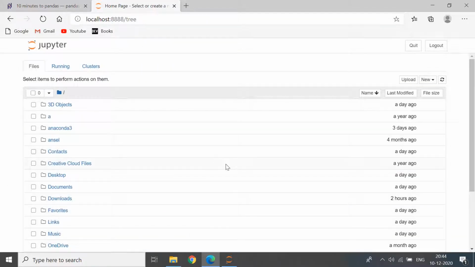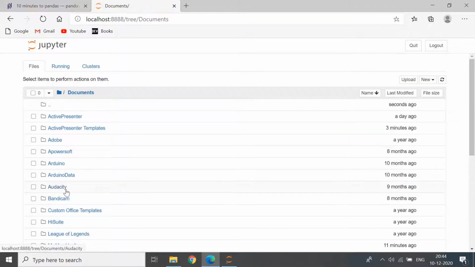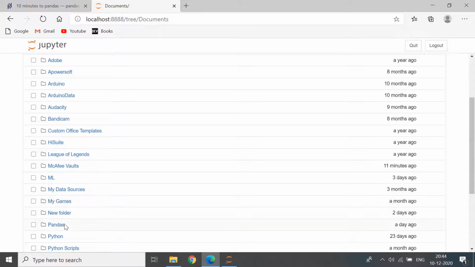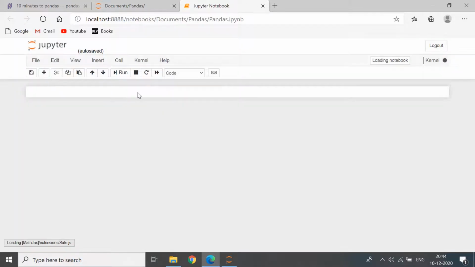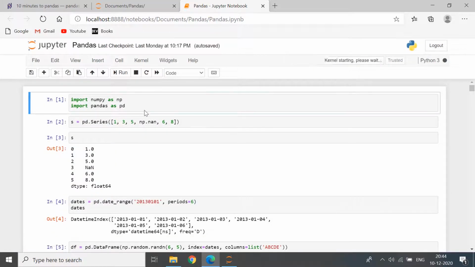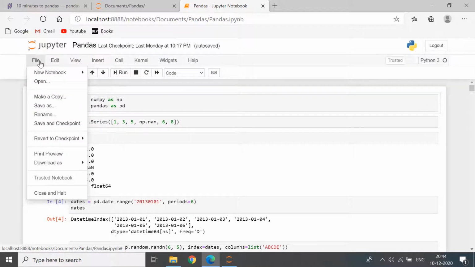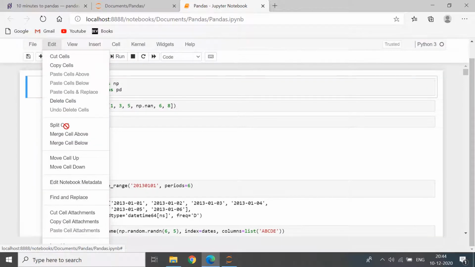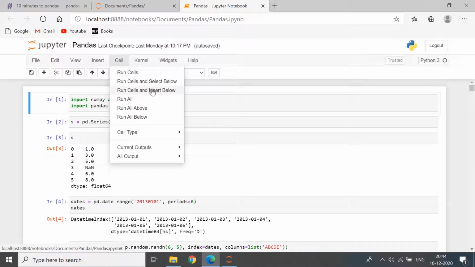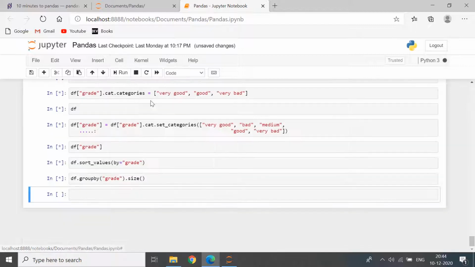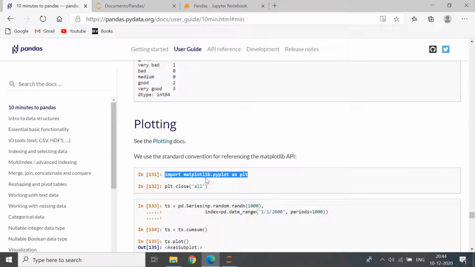Now, oh, I forgot to load the stuff. Wait a second, I'll just open it. Yeah. Oh, I'd have to rerun them all. Is there some way to run all? Yeah. So now we need to do this.